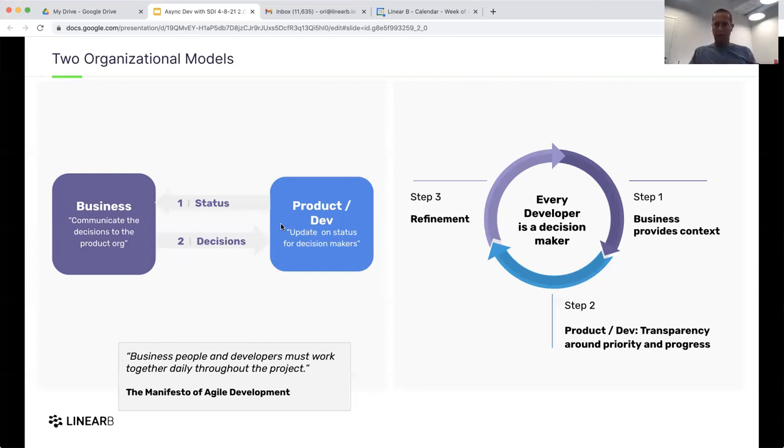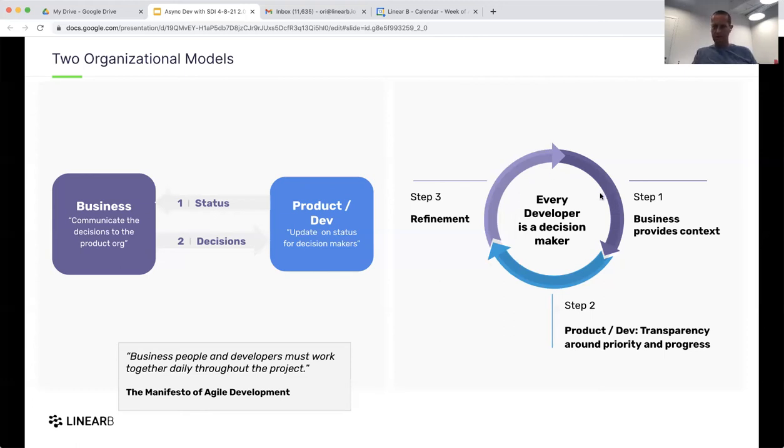Now, a different model that works better, and we've seen it working with the customers that adopt Async Dev or adopt this approach specifically, is that we treat every developer as a decision maker. When you are implementing a system, when we're designing, and even when you're writing code, every line of code is almost a business decision. You need to have all the business context of why we're building this thing and why we're choosing this approach. If you're equipped with this information, the dev team become an integral part of the decision making, because they build something and they provide transparency.